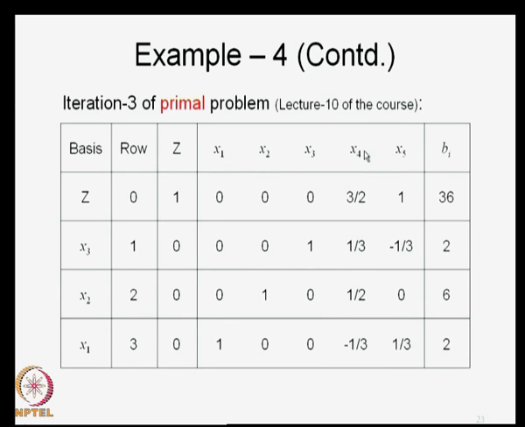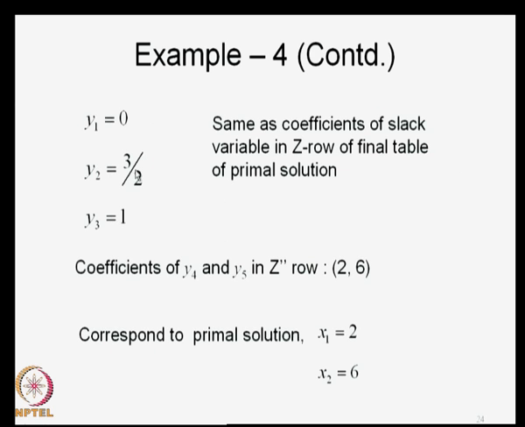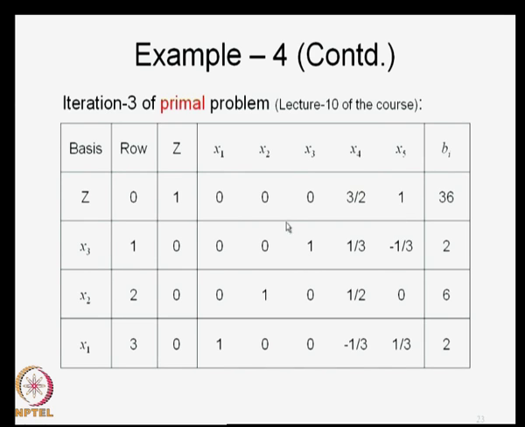Similarly, x 4, which was a slack variable associated with a particular constraint, and the dual variable associated with that constraint is y 2. In the final tableau, the coefficient of x 4 in the z row will give me the solution for y 2. So, y 2 is equal to 3 by 2 and y 3 is equal to 1 similarly, which means